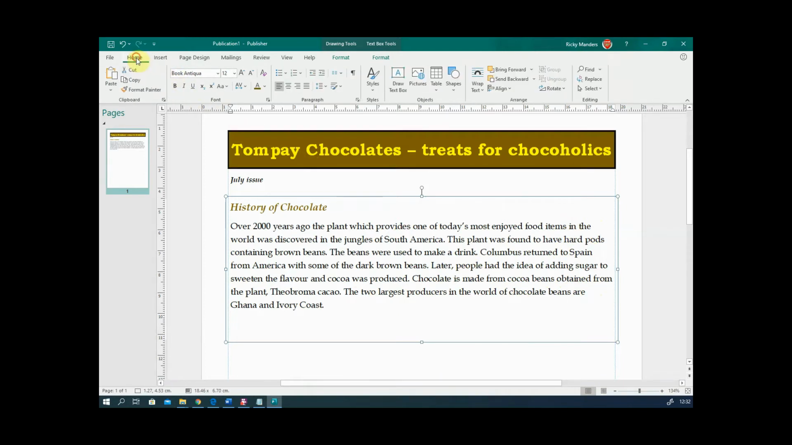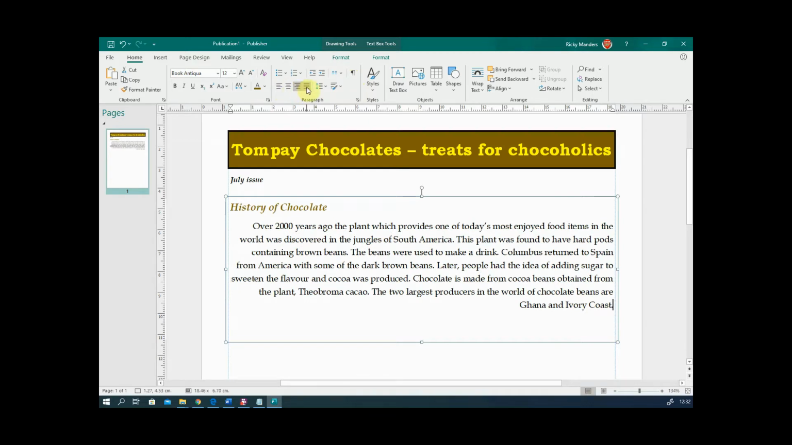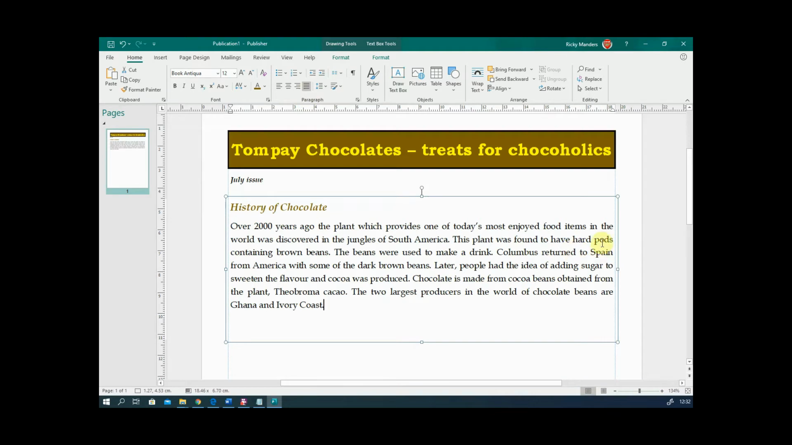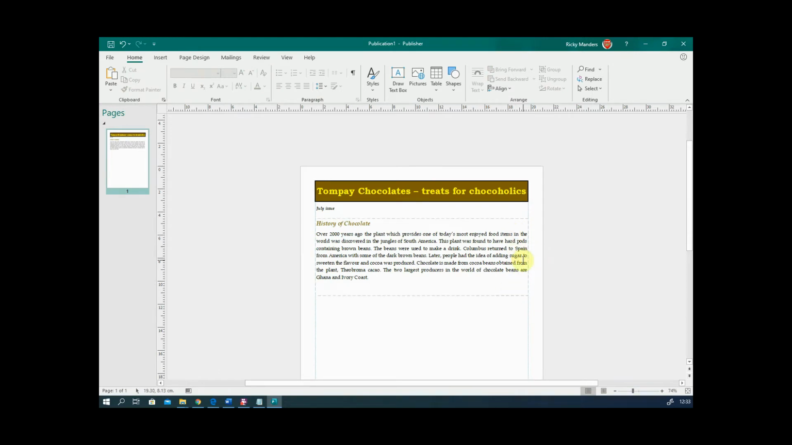back to our home, we've got this paragraph group here, and you're probably familiar with lining up to the left or lining up to the middle, to the right. There's this fourth one, which is justify, and what that does is it lines it up to the left and the right, and it just stretches the words out to make that happen. But you can see if I zoom out, that looks a lot more professional